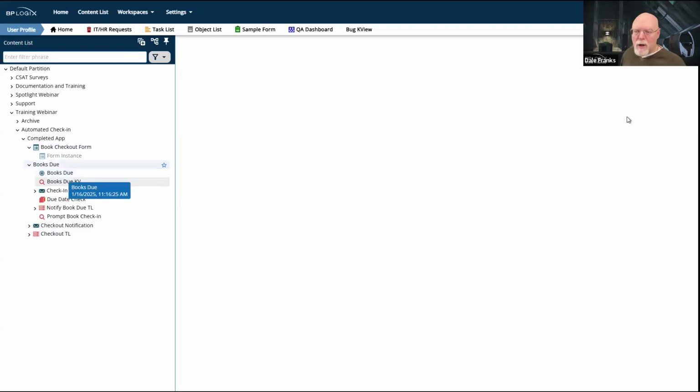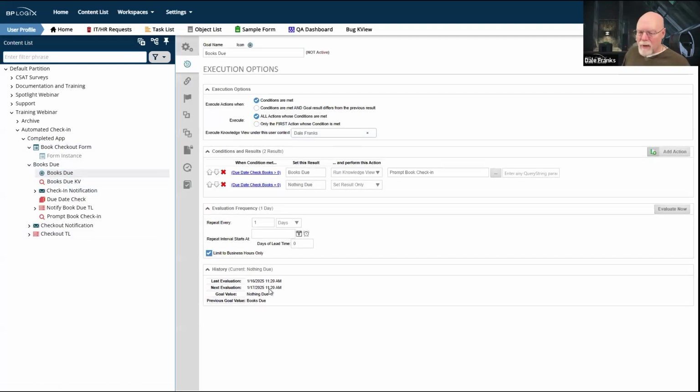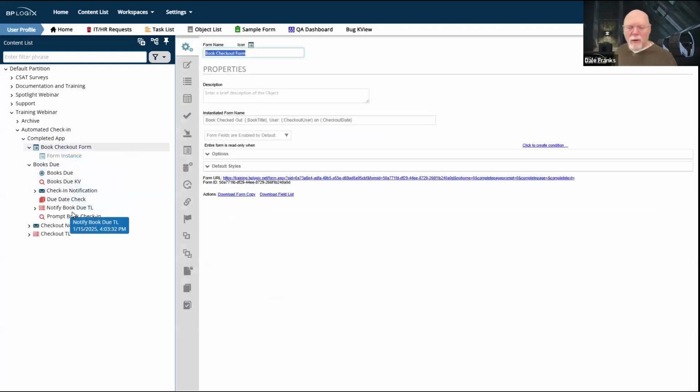We have no books due, which means that when I run my goal and it evaluates, my goal value right now is nothing due, and my goal is working exactly as designed, and my follow-up has worked the way that I expect it to work due to the infrastructure that I've built here to make this goal revive the book checkout form, assign it to a new process, a follow-up process, in this case, the checkout, so that I could check the book out properly and do what I needed to do.